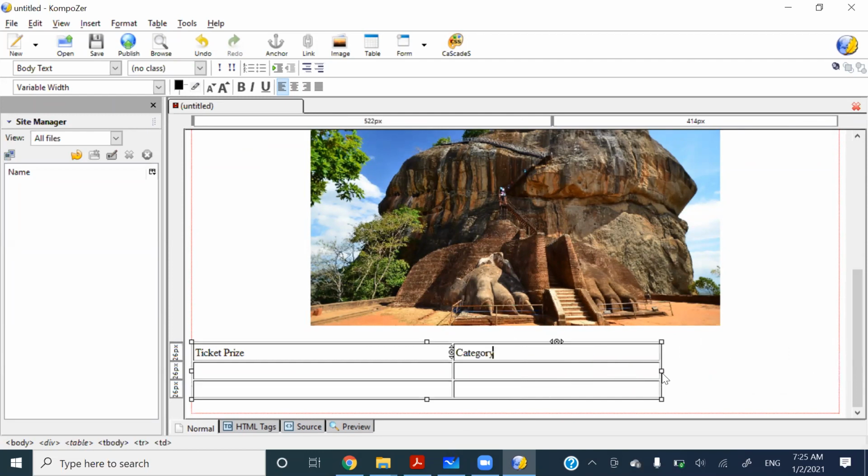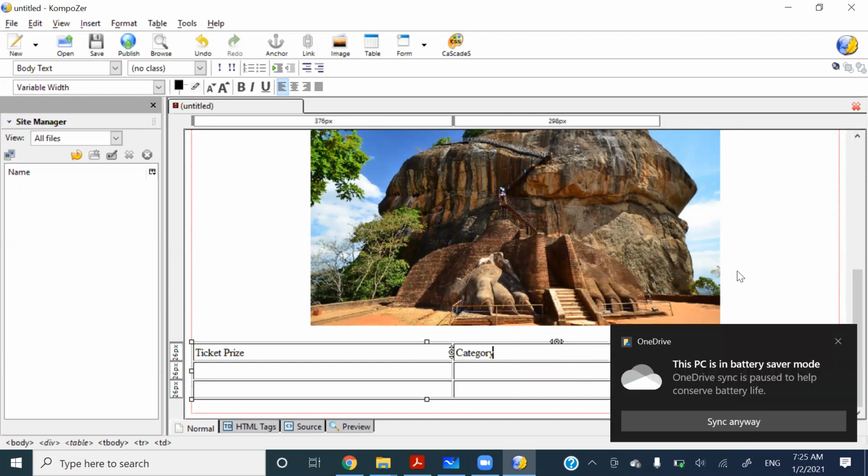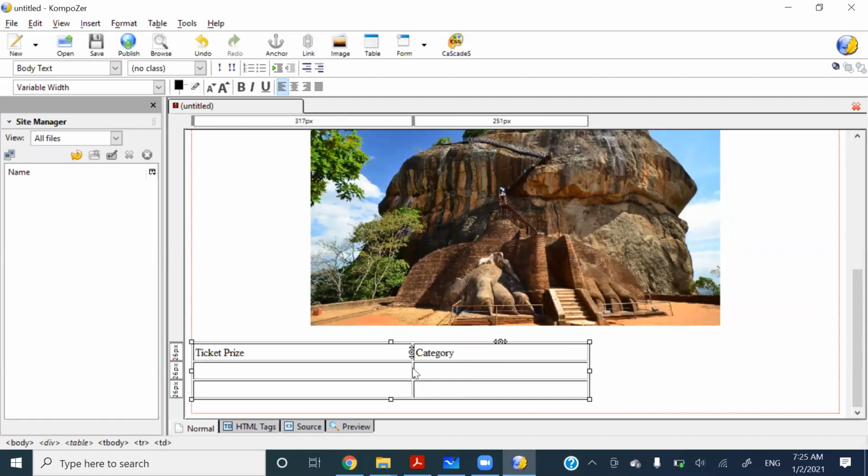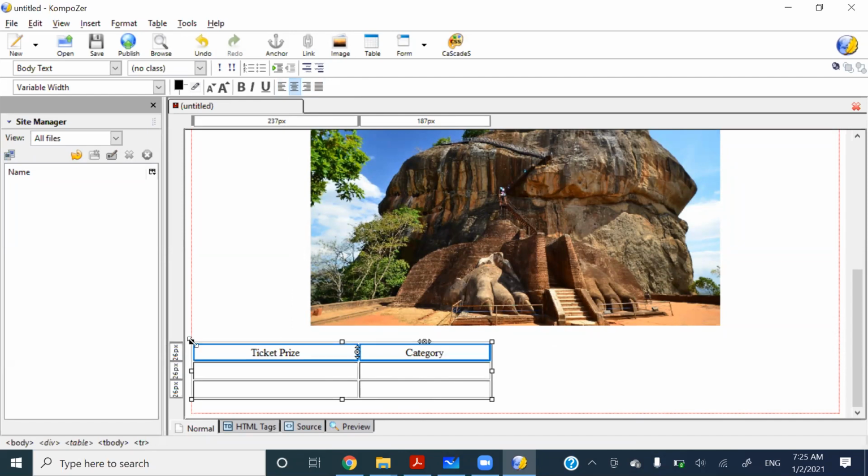And I can manage the width and height and all these things, right? And I can have the alignments of the contents. The entire thing, how I'm going to